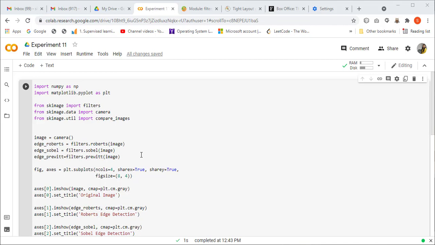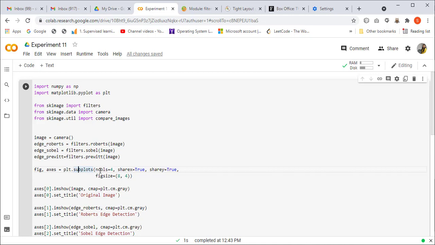Next, after applying the filters, we have to show the output. Here we have used the function subplots. That means in a particular fixed area, whatever output we get from applying these filters, we are going to plot in a sequence as subplots.